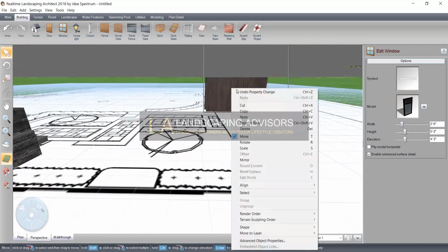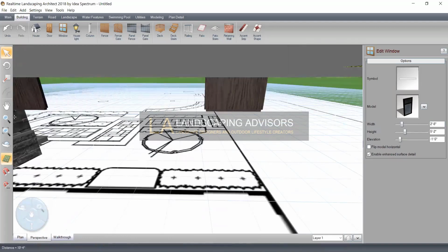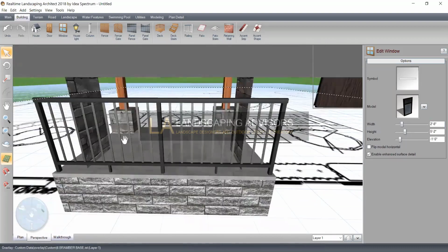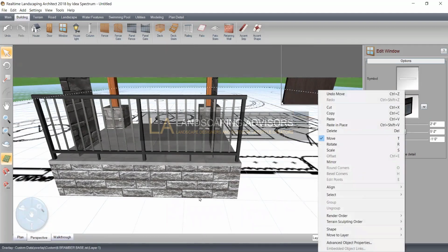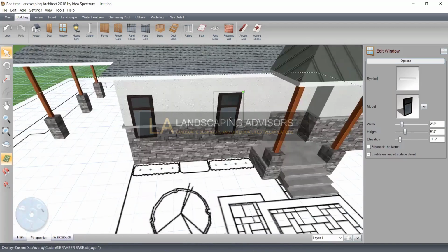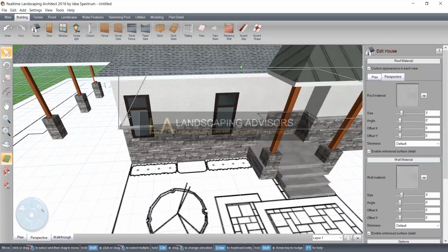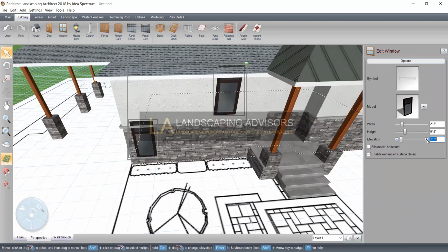So I'm going to copy and paste that, and slide it over to the other window that's also 2'8", which is right here. This way, you're going to be very accurate when it comes to the final look of your client's design. Now you got these two. You can select the two. There's two ways of doing that. One is you can grab one and then hit the L button, and it'll pick up everything that's identical to that. So if you got that, you want to now raise it